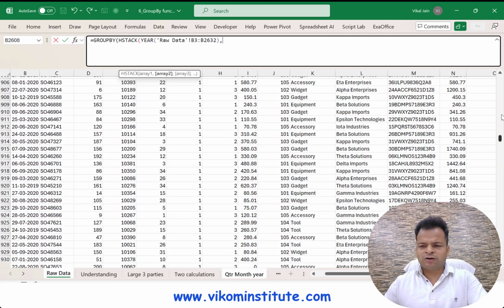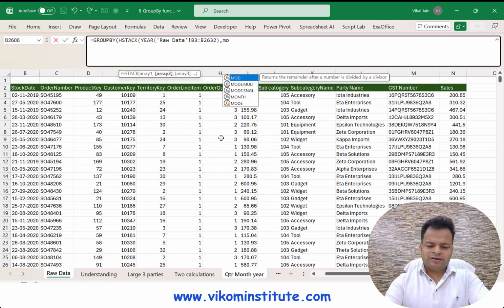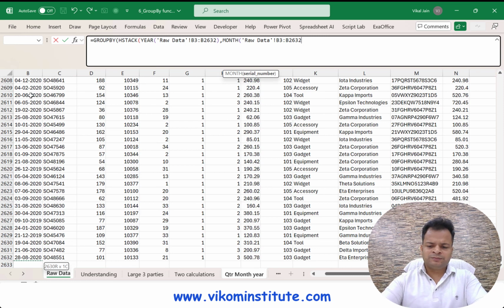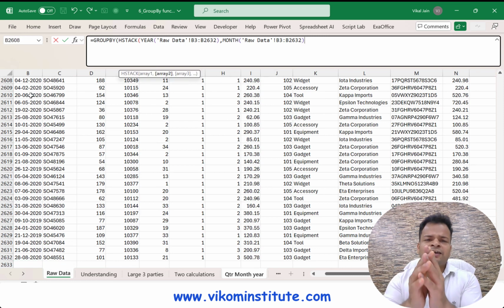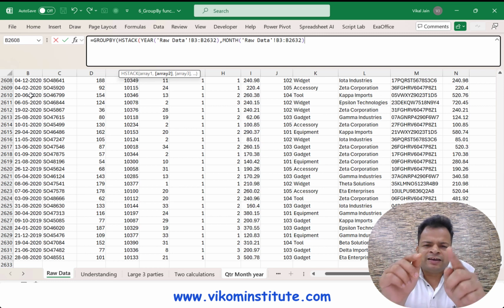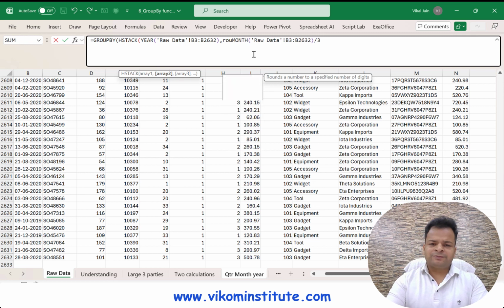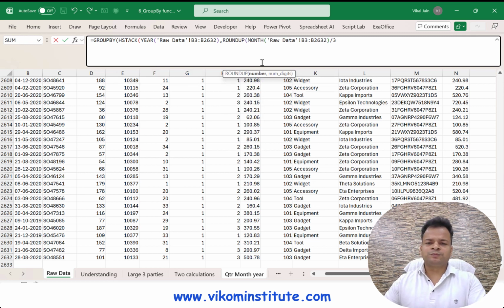then I'm going to convert that thing into a quarter. So I am taking month. Select your data. Now see, I am basically working on calendar year, and if you want to do it with the fiscal year, you can put that formula in it. So let's say if the month is 1, it is going to show me 1. So what I will do, I will divide it by 3, and I will round it up with roundup, by 0. Now what is happening over here, let me just tell you.